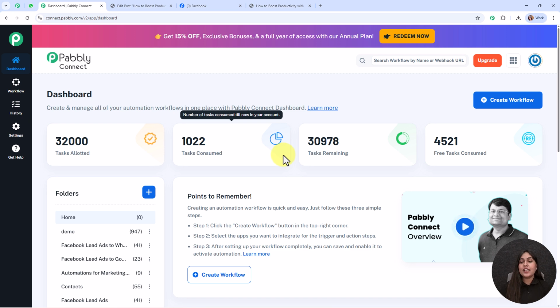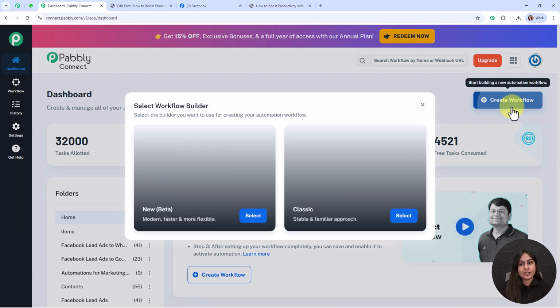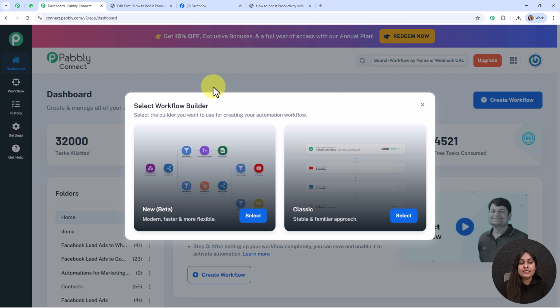So for that, I'm going to click on this Create Workflow button given on the top right corner, and then it's asking me to select the workflow builder. So you can see two options. One is New Beta and the other one is Classic. The Beta version is modern, faster and more flexible, whereas the Classic one is a stable and familiar approach. So in this video, we are going to use the beta version by clicking on the select button,